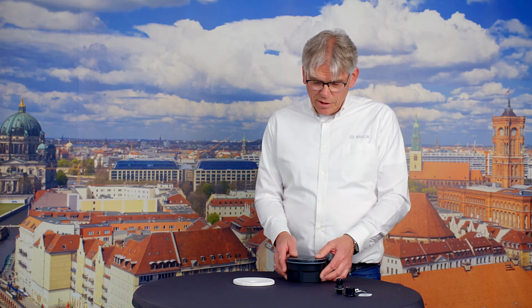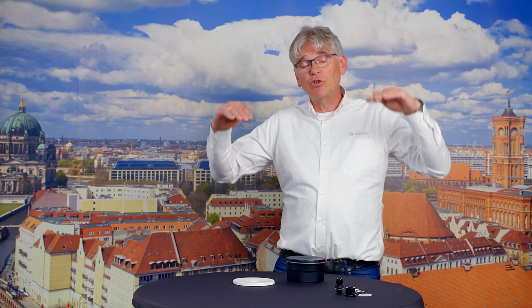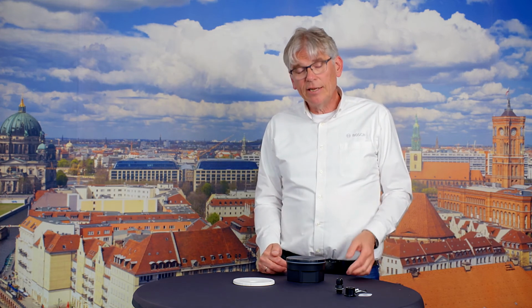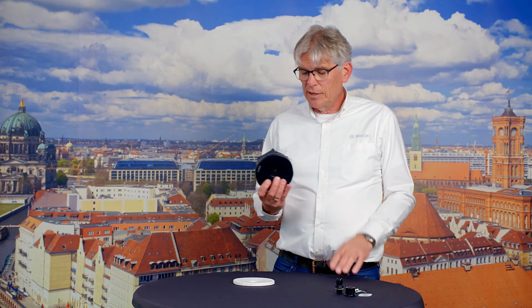And automatic volume control is very convenient in case of areas where the ambient noise level changes a lot. For instance, a departure hall in an airport where, if there are a lot of people there, the ambient noise level is higher, and you want to make the announcements louder so everyone can hear them clearly. But if the hall is almost empty and it's very quiet, you don't want to have these announcements at such a high level that it is annoying to the people who are there. Then it's very convenient if the level is automatically adapted to the noise level,